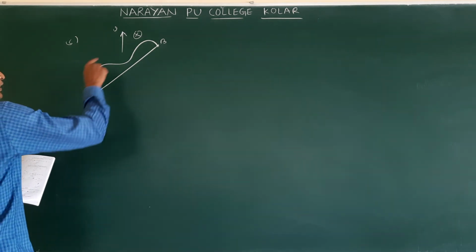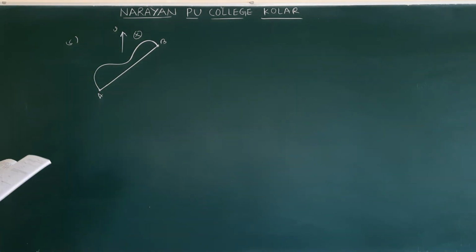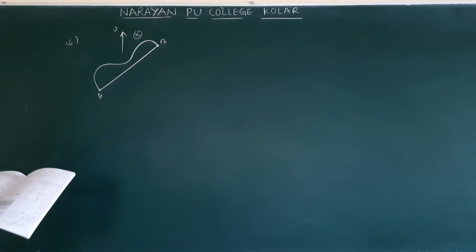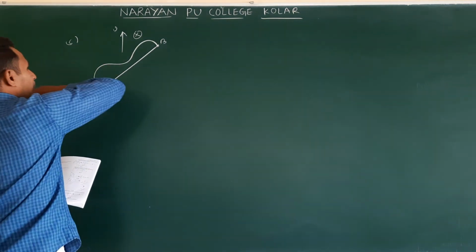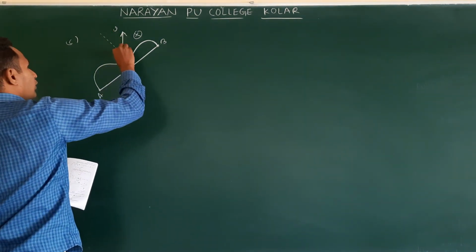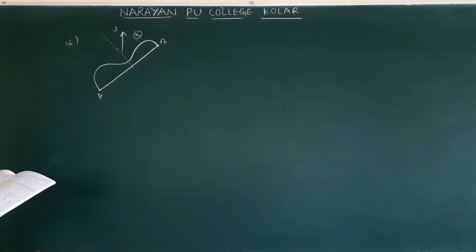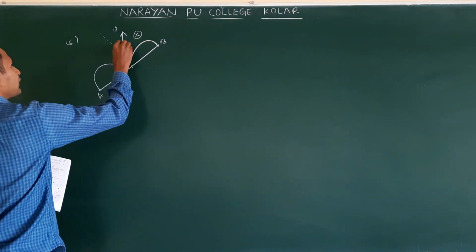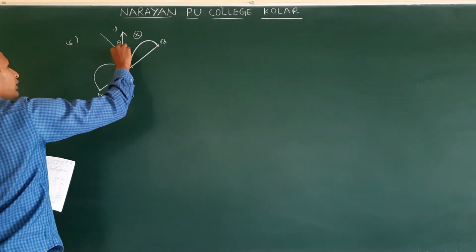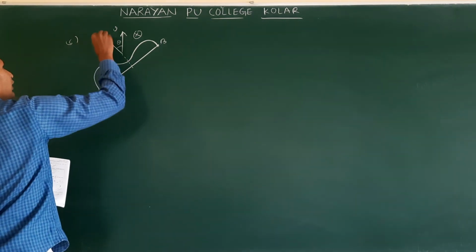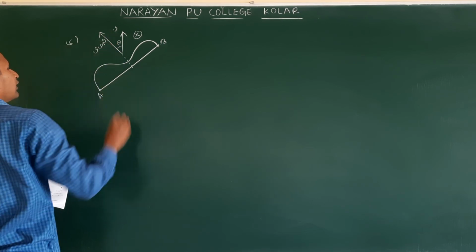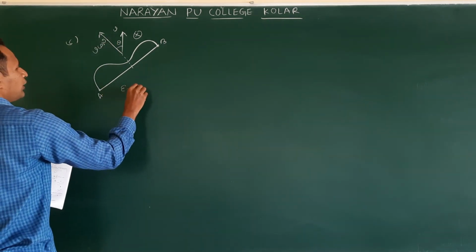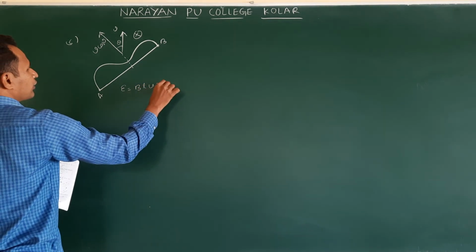Okay? Clear? Now, in motion EMF, the magnetic field is perpendicular to the rod, and velocity is also perpendicular to the magnetic field and length of the rod. Then what do you do? You make this velocity perpendicular. Clear? The dotted line is perpendicular, and this makes an angle theta. Perpendicular means component. What is that? V cos theta. Then EMF is B L V cos theta.